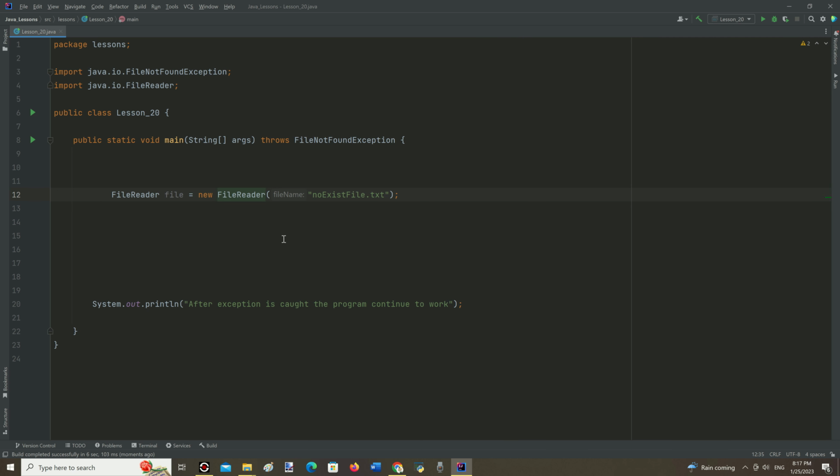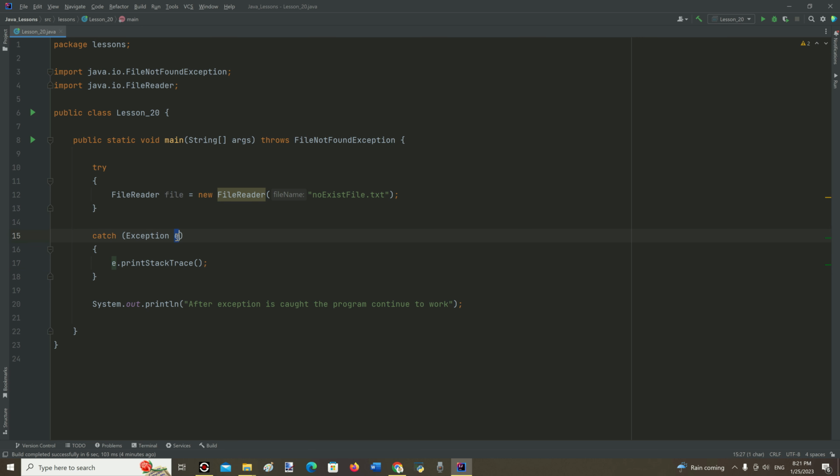So only one option exists to properly handle it, and let the program keep running in case any exception occurs: the try and catch block. It has the following syntax. Keyword try before the line or lines of code we try to test for an exception. Then the block of code where an error can happen has to be surrounded by a pair of curly braces. Next, keyword catch and inside parentheses the universal phrase Exception e that can catch all the exceptions and hold it in a reference variable named e.